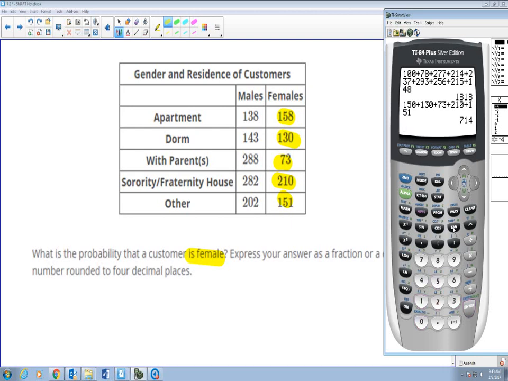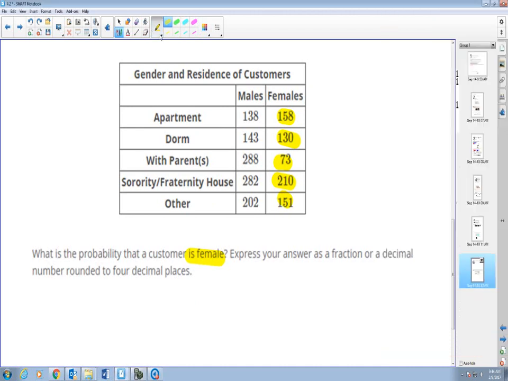So it'll be 714. Did I type it right? 158, excuse me. I typed in the first number wrong. 722. So now 722 is female